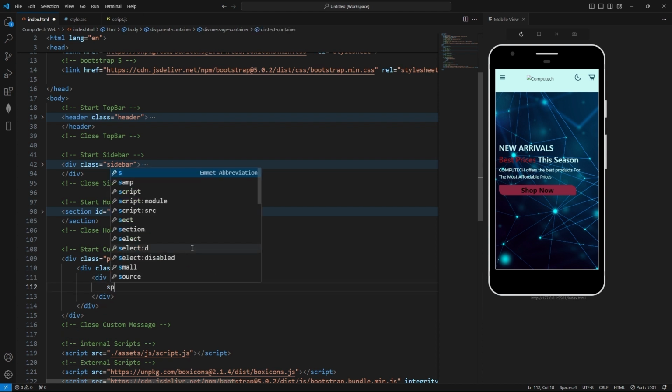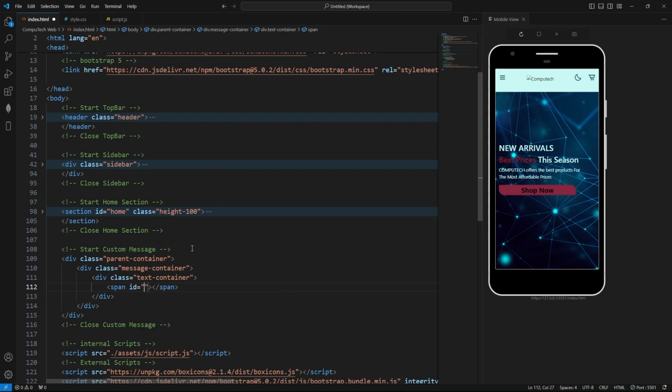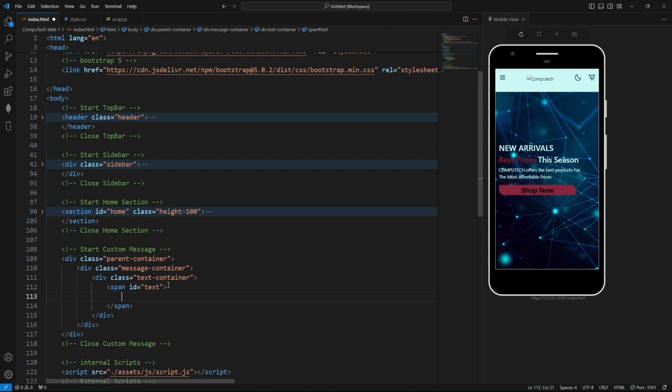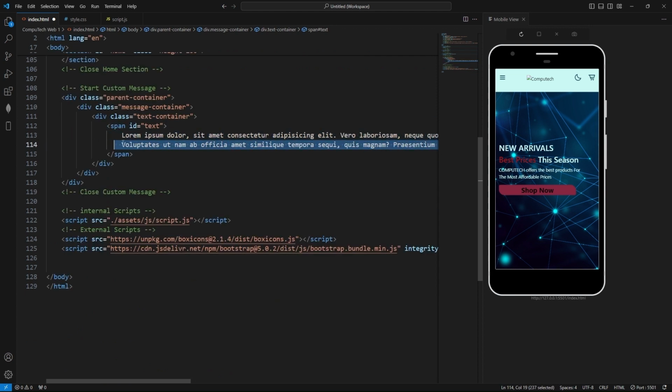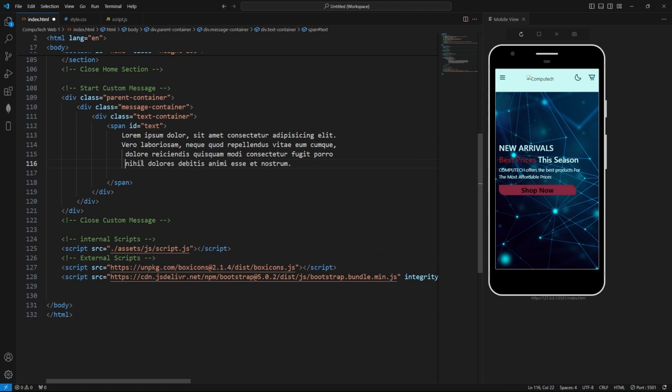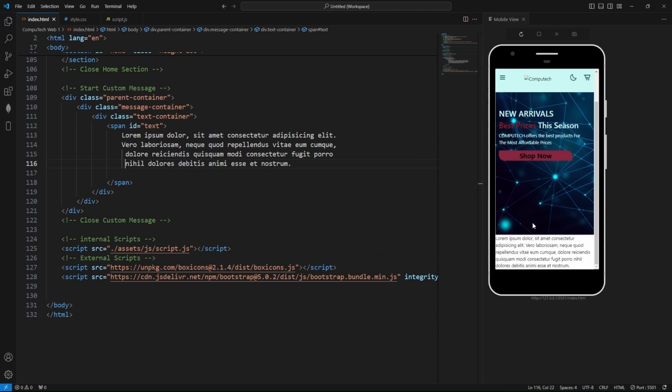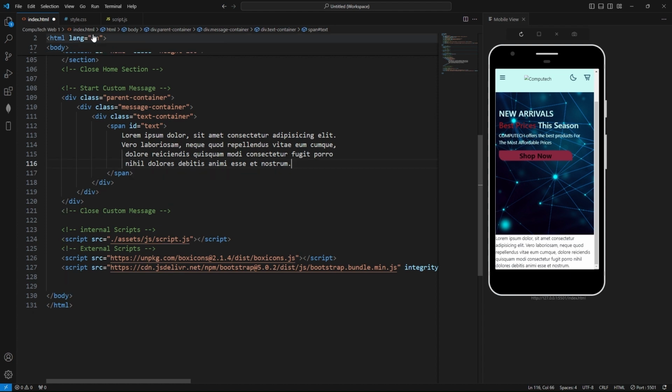And in this span for id text, and in this span we will write lorem 2. Now you can see. Now open the css file,